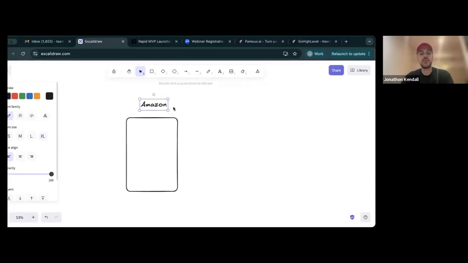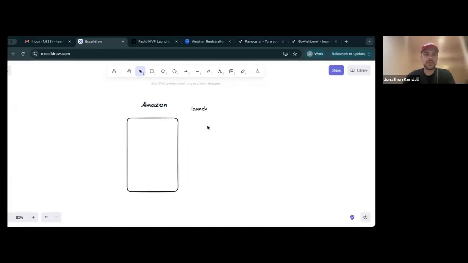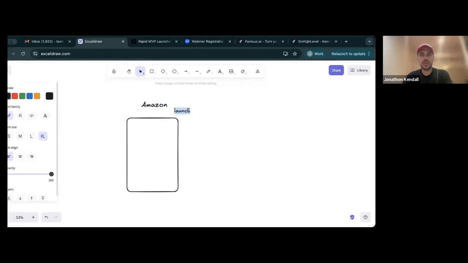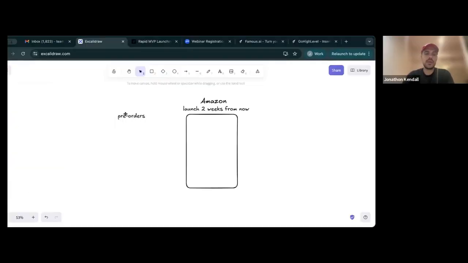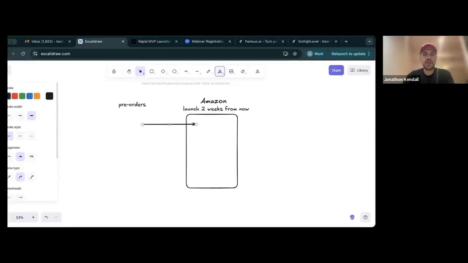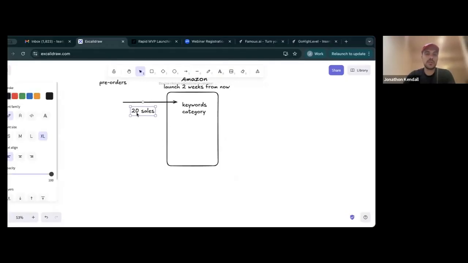And also this applies to raising money. So on Amazon, you can say, okay, I'm launching. This applies to my wife, who is a music producer, and she'll do a pre-launch on Beatport as well. So let's say you launch 2 weeks from now. What you do is you have pre-orders, do a little marketing campaign. And if you have the right keywords and the right category, you really only have to have maybe 20, 30, 50 sales. Let's say you can get 20 sales in this 2 week period, you can be a #1 bestseller.